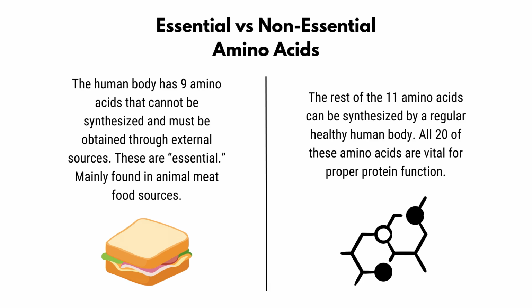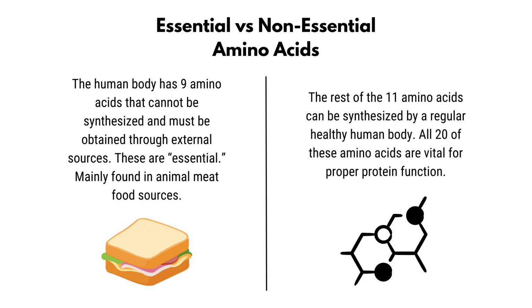Now, these essential amino acids are mainly found in animal meat food sources that you need to consume, but these are the complete food sources and the complete proteins, and it can be incomplete if other protein sources, such as tofu, will not give all 9 but only some of them. And of course, on the other end there, we have the 11 amino acids that can be synthesized by a